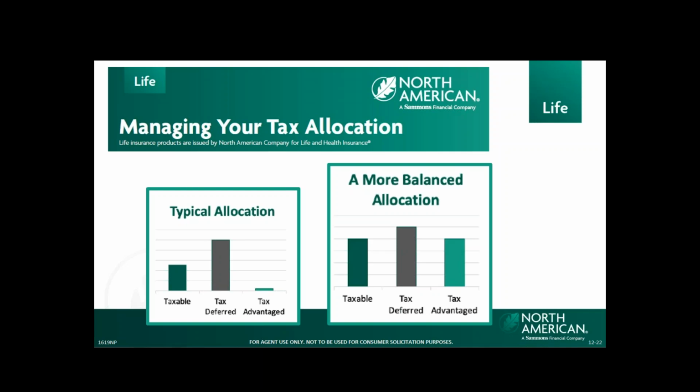Of course, the illustrations that we use today, we're using our low volatility index, which is offered by Fidelity, and is proprietary to us here at North American. It also used our fixed participating loan. But we have 3 different loan types that the client can use. And we have about 10 different index options that the client can choose from. And we have a lot of other features built into the product to help your client in the future. Like they can change loan types in the future without a payoff out of their pocket. So it's just a really powerful product,